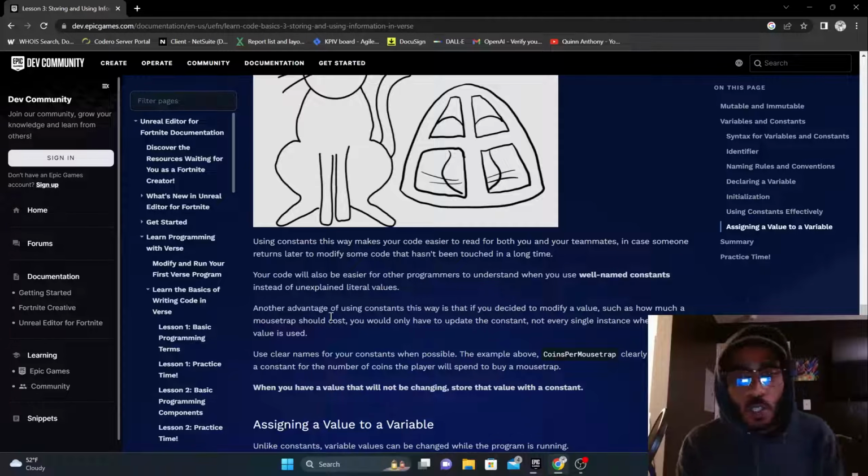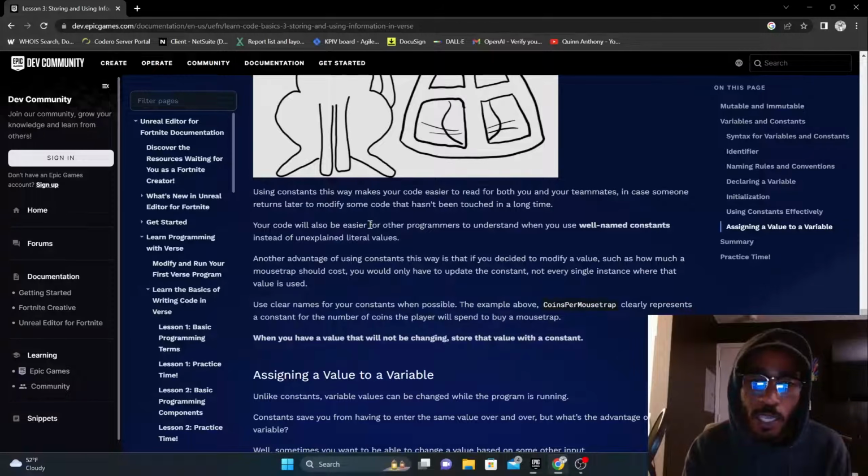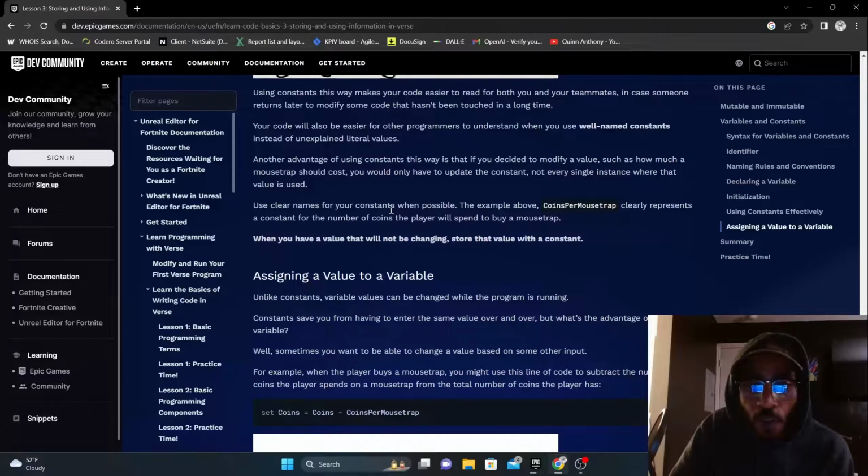Using constants in this way makes your code easier to read for both you and your teammates. In case someone returns later to modify the code and hasn't been able to touch it in a long time, your code will also be easier for other programmers to understand when you use well-named constants instead of unexplained literal